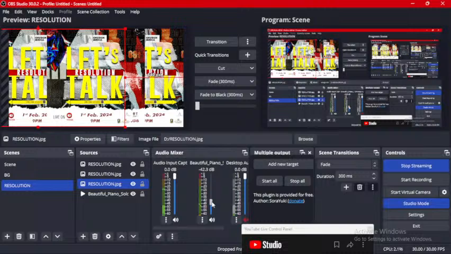I know some people might be asking why this guy is defining OBS Studio. Actually, I'm not trying to define. I want to explain why OBS Studio. OBS Studio is a software used for streaming. It's an open source software. That's why it's called OBS, Open Broadcasting Software Studio. It allows users to record and stream video content from their computers. It was first released in 2012 and has since then become one of the most popular streaming and recording software programs among content creators. I know some people out there are like, vMix today, yeah.